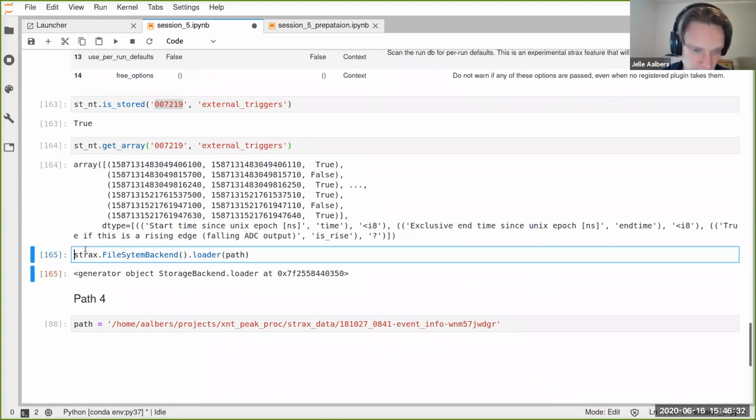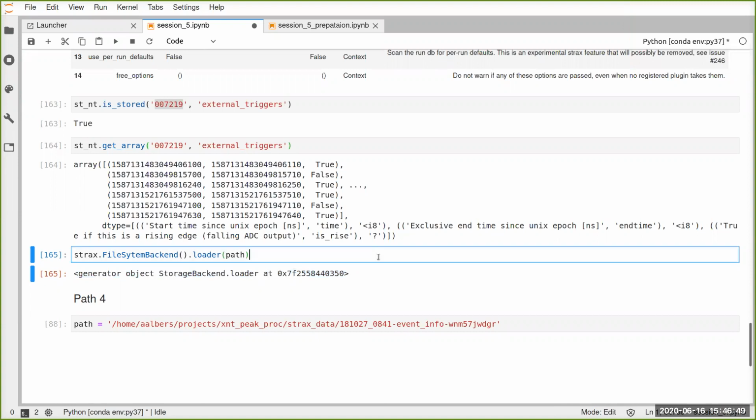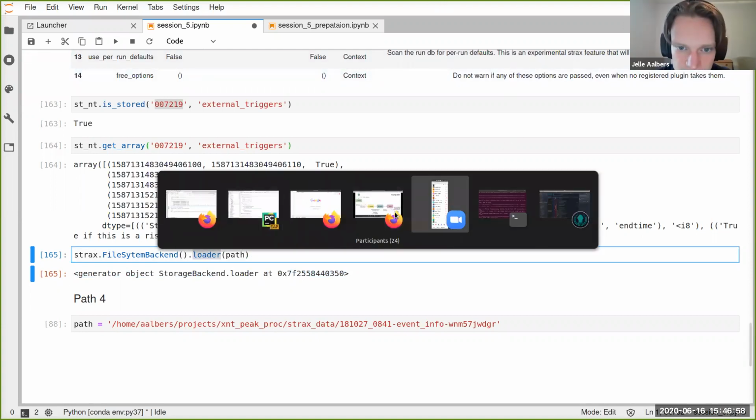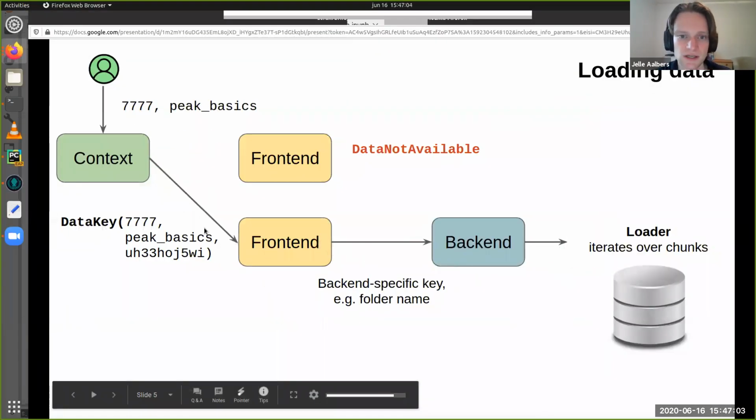Okay. Looks like I'm getting something. So how am I going to get data out of this? I think you have to specify the data key for the loader so that it knows where to look. I know the loader. So you need the data key to create a backend key, which you then pass to the loader, right? Okay, these are all good things, but they're part of this whole story, right? So this is the normal way things happen.